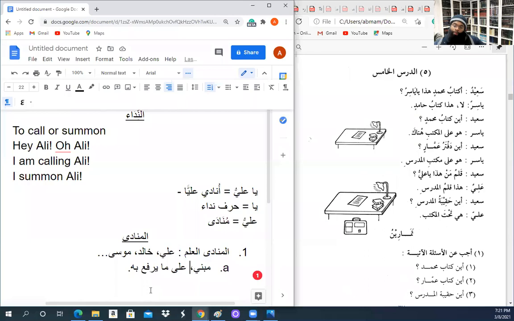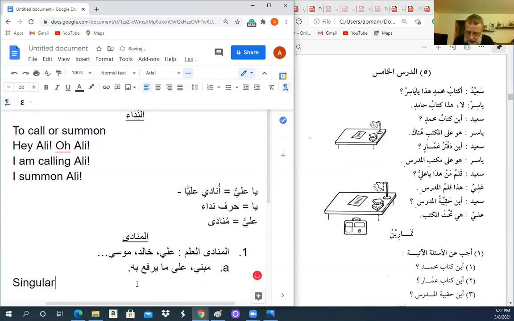So if you're calling a proper noun, whether it's singular, dual, or plural, right? Write this down. So this is a third type of alam that's mabni. Say that again. This is the third alam that we're covering. We did mu'annath and